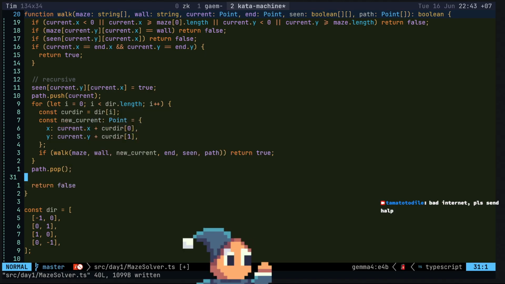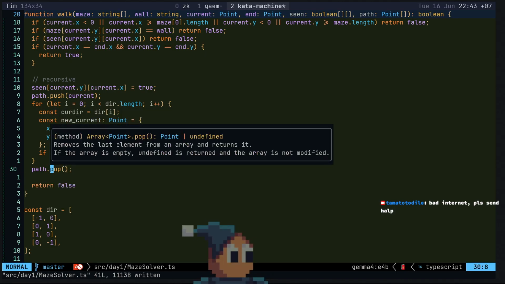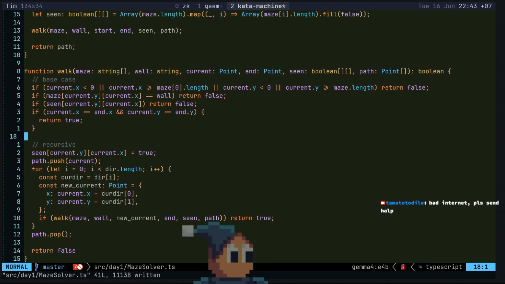To pop it, right? The last element of the array, right?